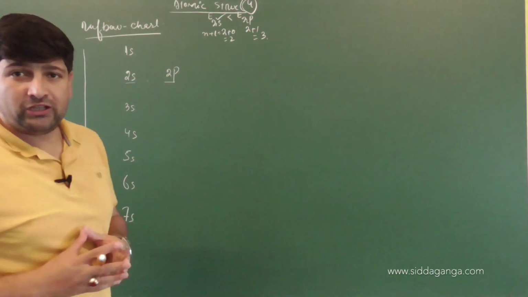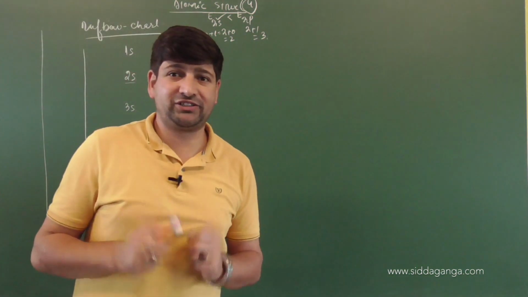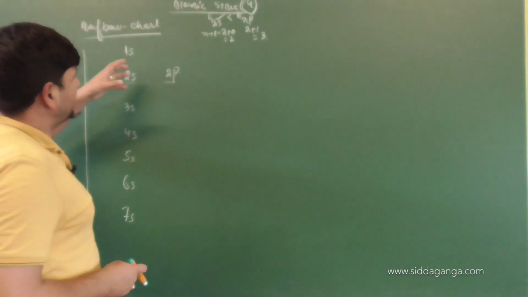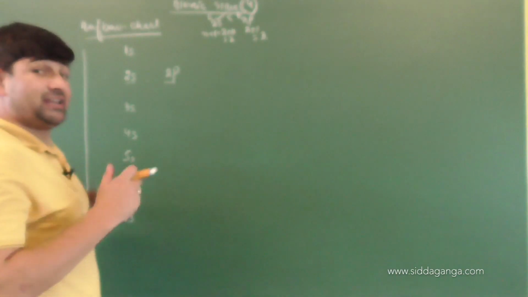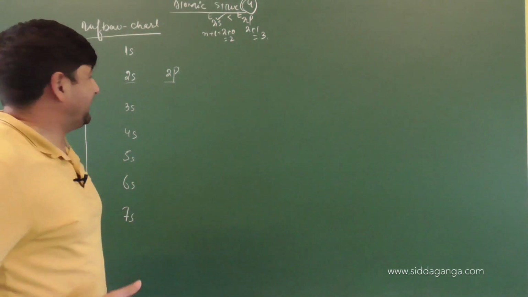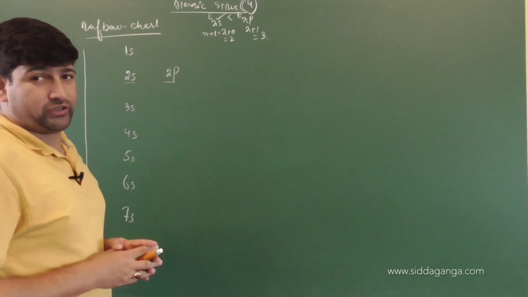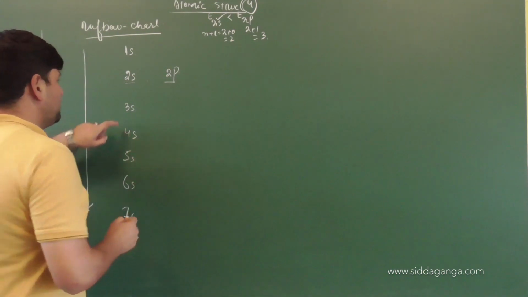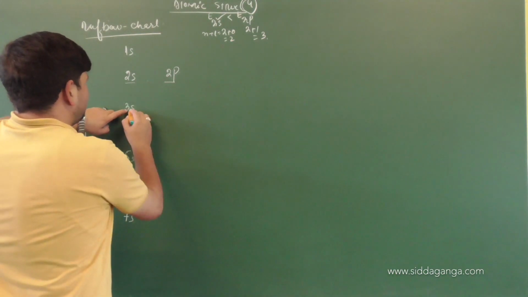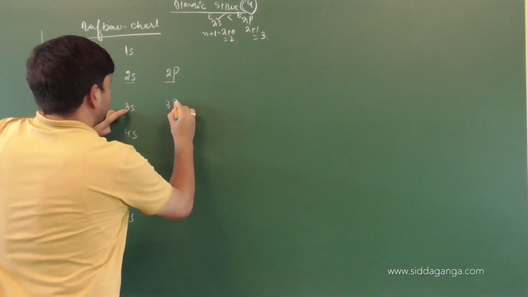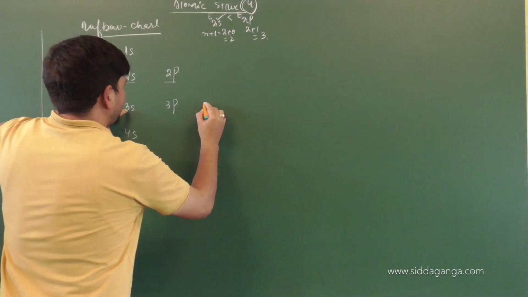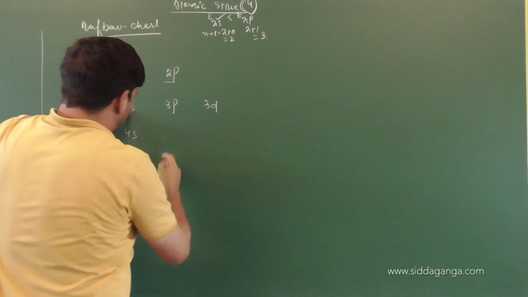But when you are filling electrons in various shells, I will write down the arrangement of electron filling in various shells differently, so that this graph comes exactly to the point. Clear? There is one more way to draw the graph that I am not going to draw now. So we got 2s and 2p. With 3s we have what? 3p. Then we got 3d. So I will write p for all.